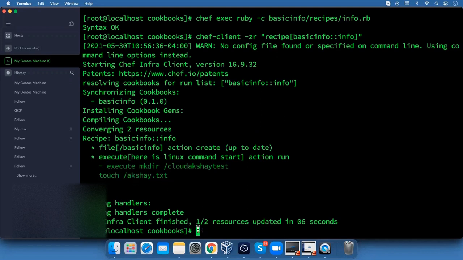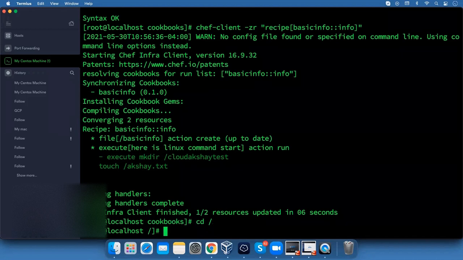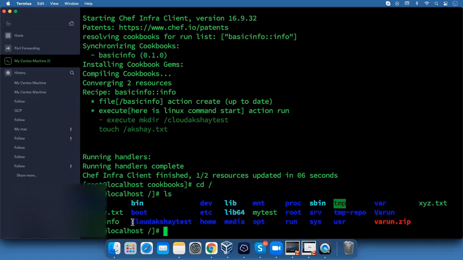So we gave two resources; one is already up to date, that's why it is not executed again, and the second is the Linux command, so it executes, that's why it shows 1 by 2. Let's check in the root directory whether the file or folder is created, ls. Here you can see Cloud Akshay is created and also akshay.txt is created.